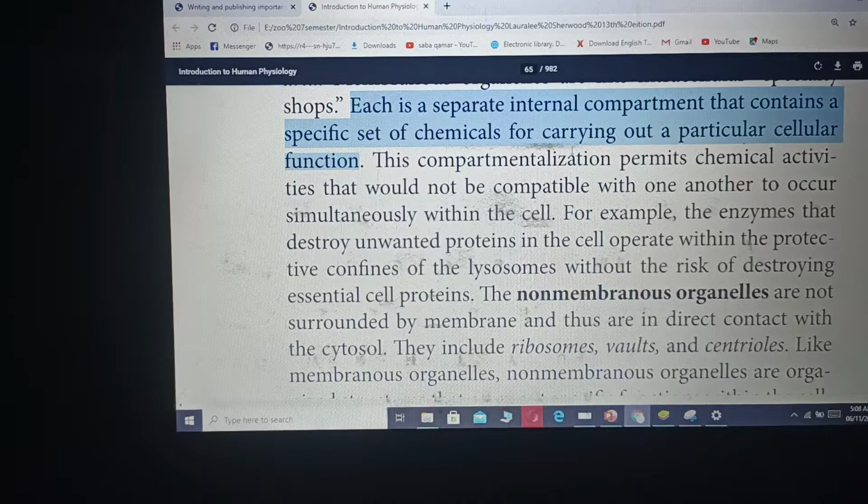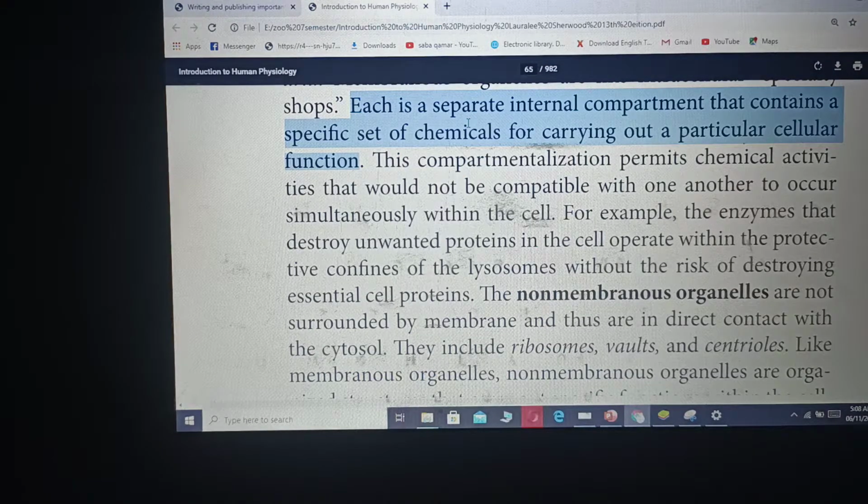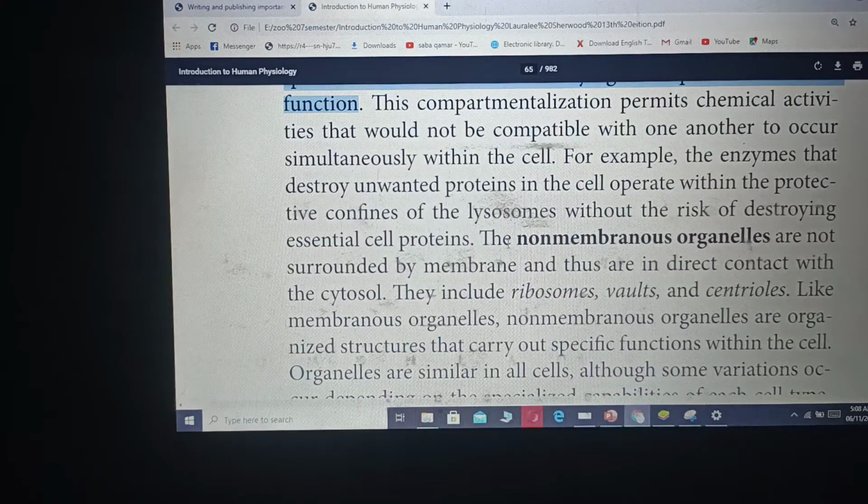If they were present without any membrane, then they can destroy the normal proteins, which would cause harmful results. So there should be a membrane, necessary for the normal functioning or normal homeostatic functions of this cell. On the other hand,